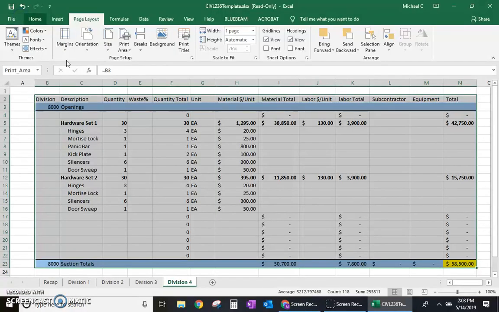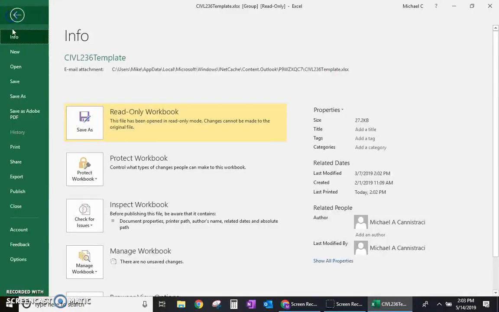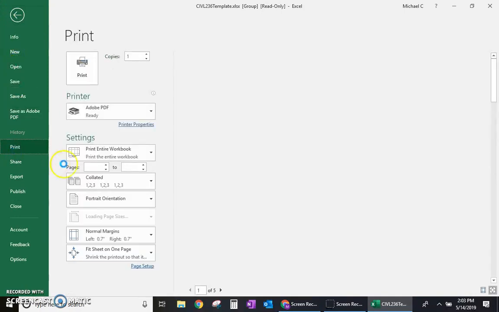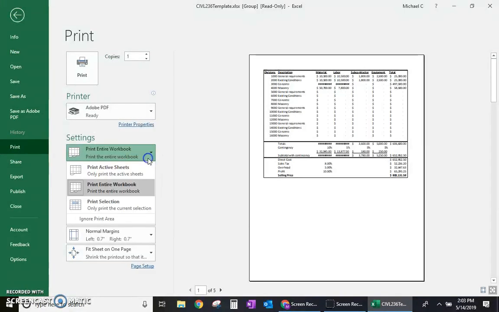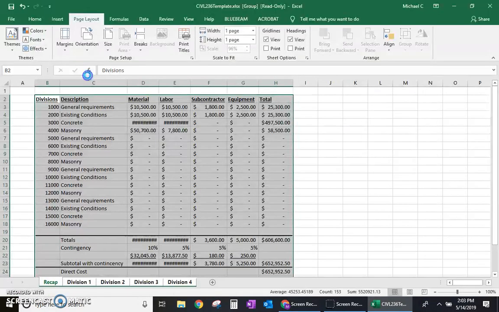You have a lot of tabs that aren't being used, so you don't want to burn through a lot of your printing fee. So what you can do is if you click on the tabs by holding Control when you select each one that you actually used, you should be able to go to File, Print, and in this case here, say Active Sheets. Again, letter, right, normal margins, whatever it is, and I'm going to go ahead and click Print,